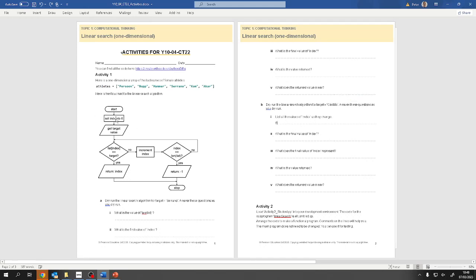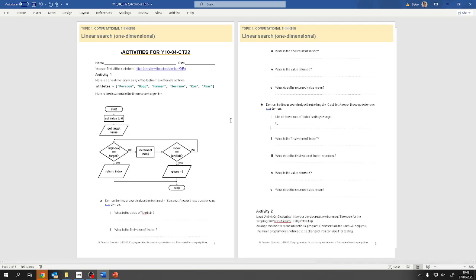So index is set to 0 over here. Then we get the target value. The target value is Castillo. And then, is what we're looking for at position index 0? No, we haven't found it. So we increment index. There we go. Have we got to the end of the list? Is index greater than the length of the list? No. Let's go round again. Have we found Castillo? Nope. So we increment